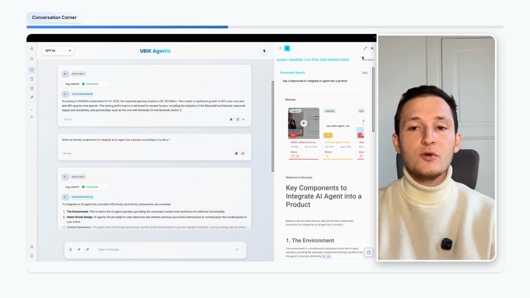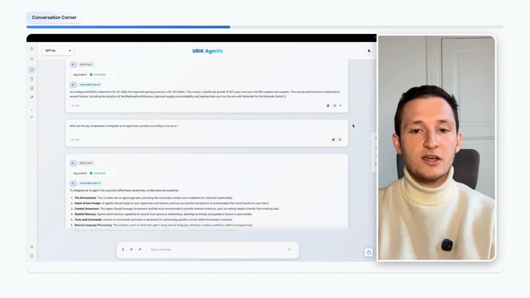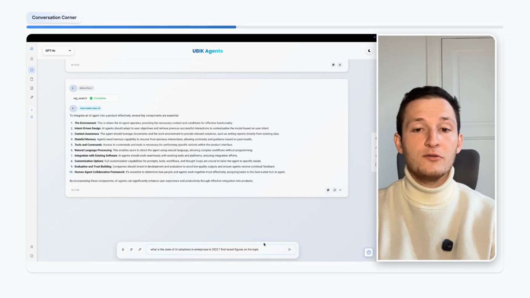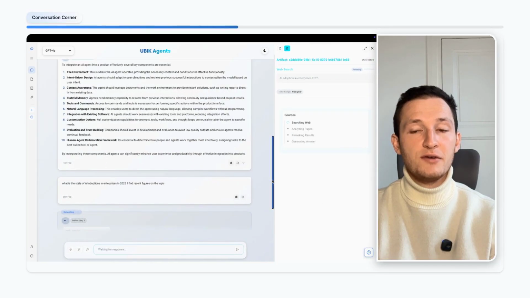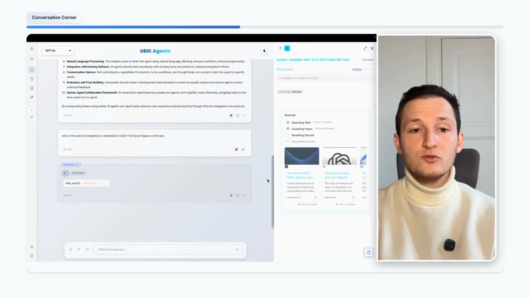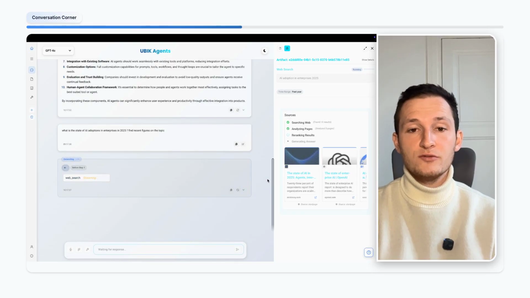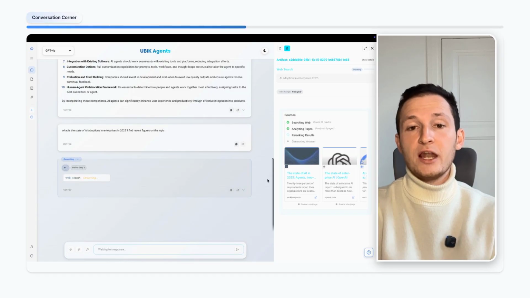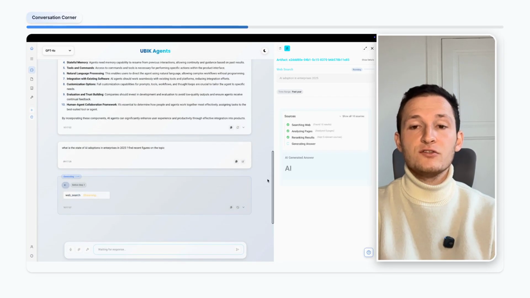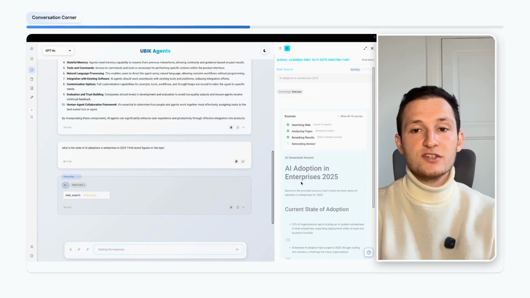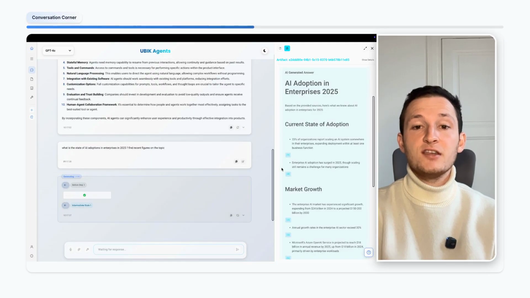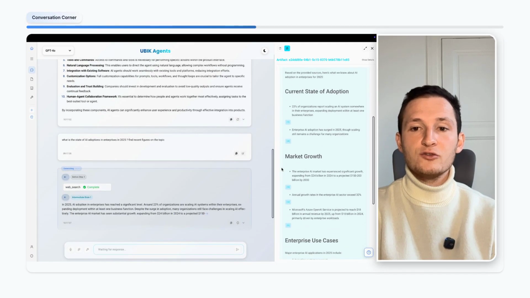Now we can also ask questions about actual data, like for example, what are the adoptions of agents in 2025, and the agent will now use the web search tool, so it will determine on its own that it needs actual reliable data, and the agent once again displays the different sources on the side with also the different websites that were used in order to perform